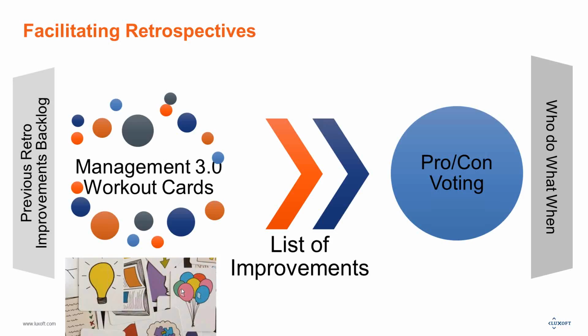For instance, it is a card with a lamp, and the person sitting next to this person says some association about the previous sprint which is linked to the lamp symbol. For instance, he or she can say, during the previous sprint, we had lots of great ideas, but unfortunately we were not able to implement any of them. And puts another card, for instance, the card of balloons. And again, the next person says, well, we had a great team event last week. It was real fun.